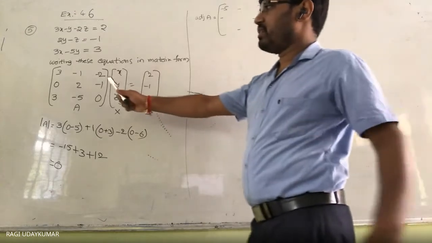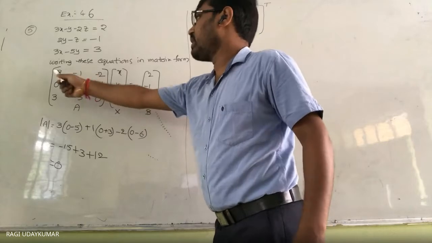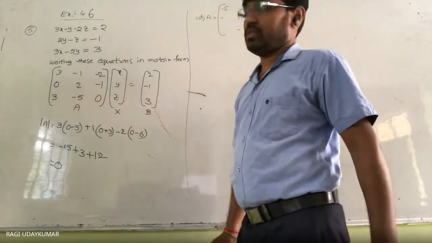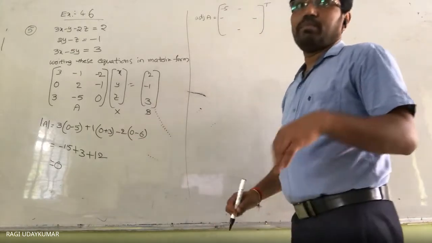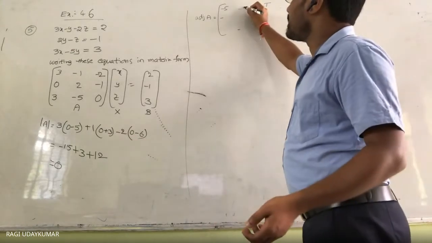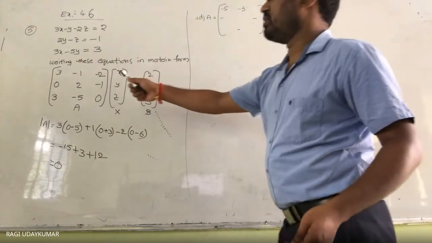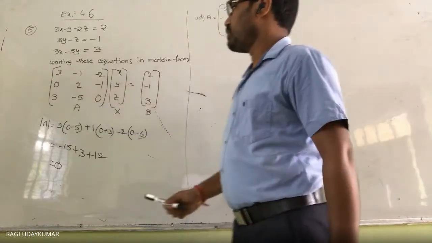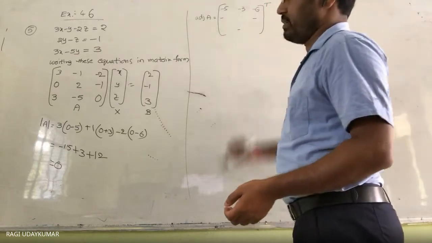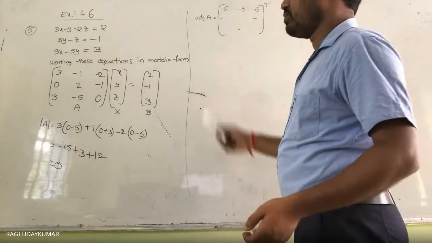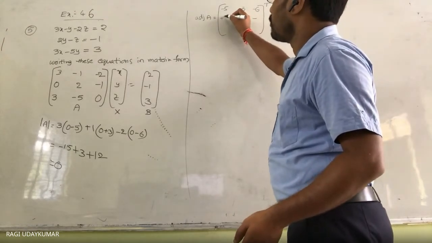The cofactor of this element we need to find out. Deleting this row and column gives 0 plus 3. Here we already have the cofactor itself, so 0 plus 3, with the minus sign, gives minus 3. Next, this row and this column, 0 minus 6, so we get minus 6. This row and this column, 0 minus 10, minus 10, which becomes plus 10.